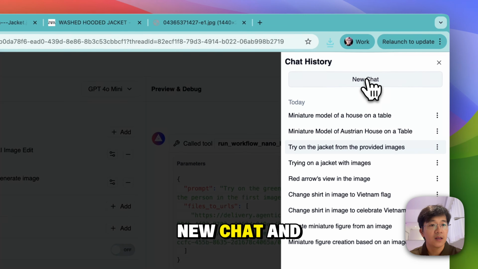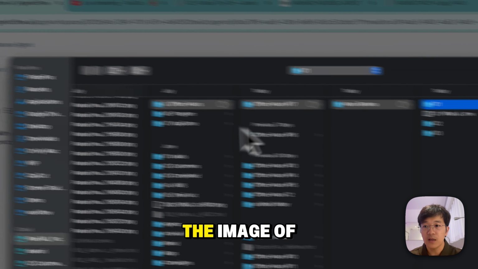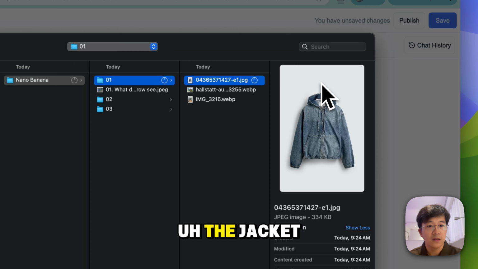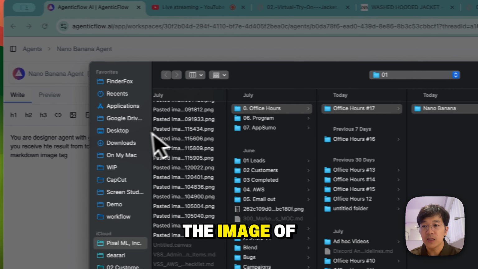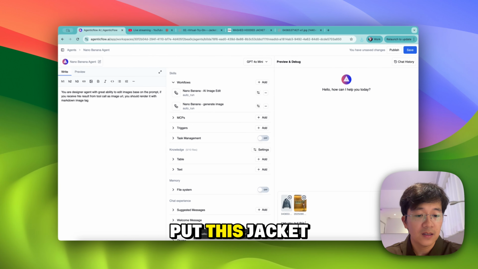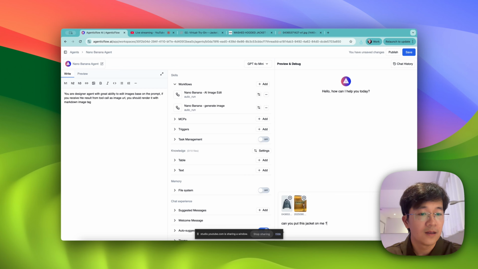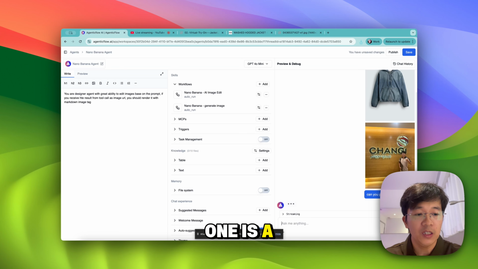I create a new chat and upload the image. I select the image of the jacket, and also the image of myself, and say, can you put this jacket on me? So I send two pictures: one is the jacket, and one is a picture of me.